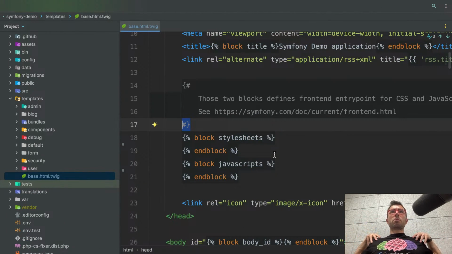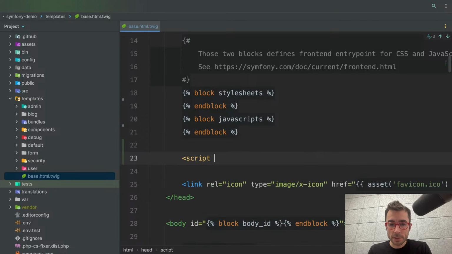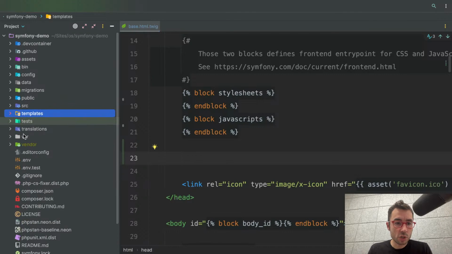Now, probably some people have done things with AssetMapper, maybe some haven't. One of the really cool things about AssetMapper is that it's not cool. It's just using your browser. Your browser is now smart. So before I do anything else, I just want to show you what it looks like to use just normal